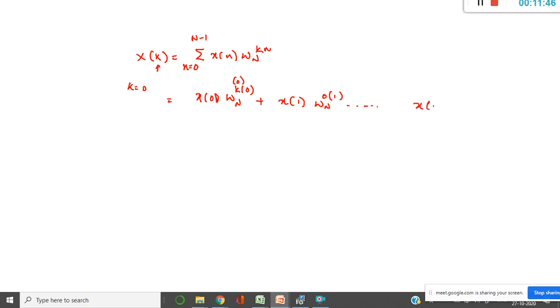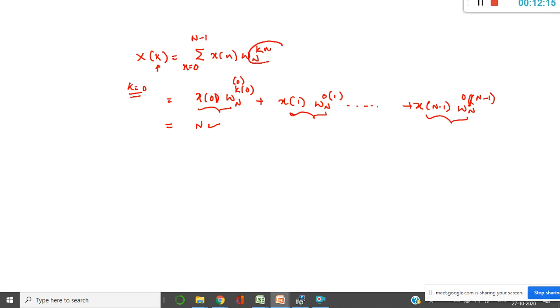So the last value will be x of n minus 1 into wn to the power of n minus 1 into 0, where k is 0. For when k is 0, how many multiplications will you see here? These types of multiplication, how many multiplications will you see? Obviously, when you look into the number of multiplications, the elements 0 to n minus 1 are there. Therefore, how many